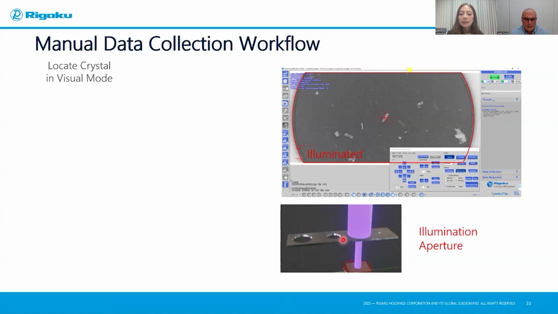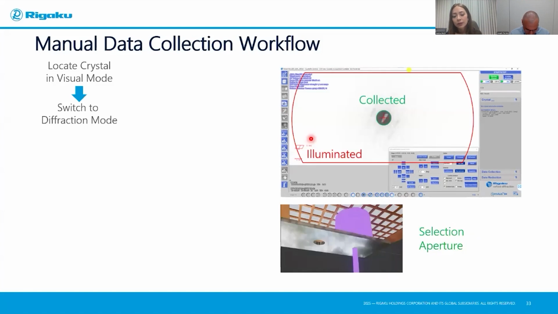This field of view is limited by an illumination aperture that's sitting above our TEM grid, and creating the beam size that we'll see at the sample. This not being really to scale here, but this is the size of our electron beam as we're also collecting diffraction data. So when we're ready to collect a diffraction pattern, we will switch to diffraction mode, and a second